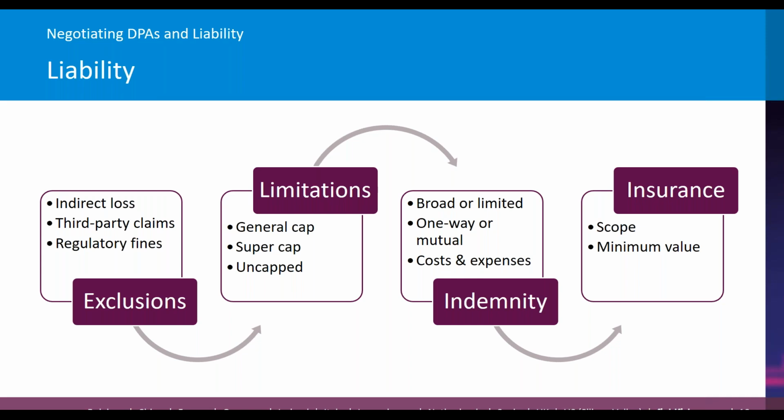So it needs to reflect a realistic reflection of the riskiness of the processing. That means you might need higher caps if the data or processing operations are particularly sensitive in nature. But you might be more comfortable accepting lower caps in scenarios where it's pretty vanilla processing activities. It's not one where, even if there was, for example, a breach and the data was exposed, it's unlikely that it would create any real damage for the data subjects.